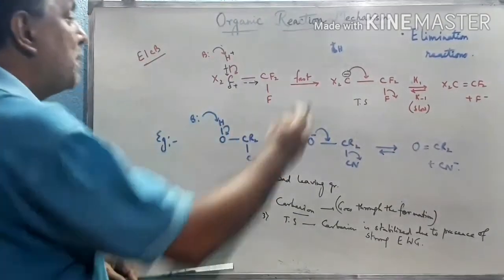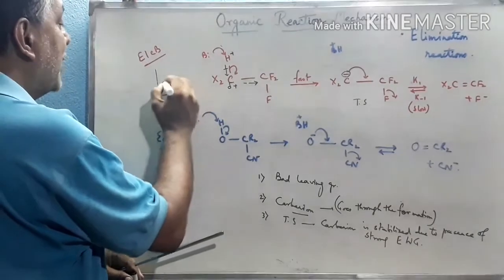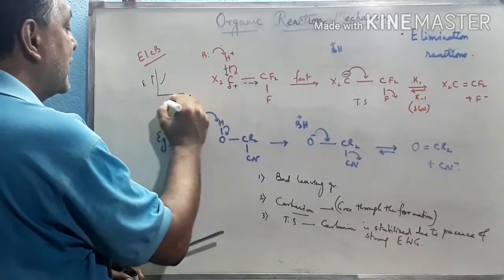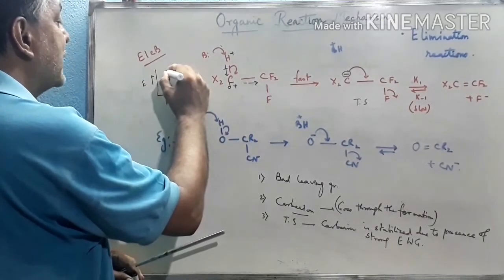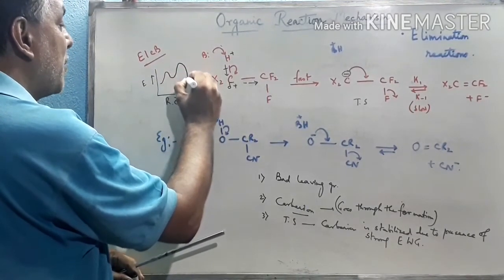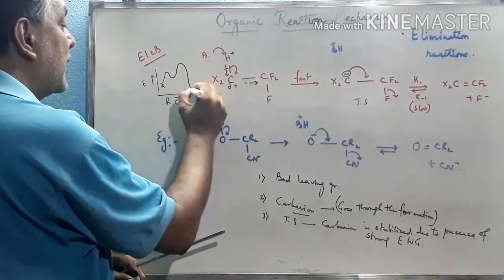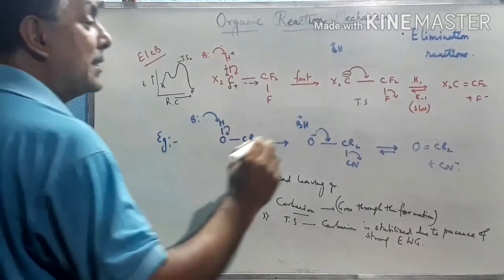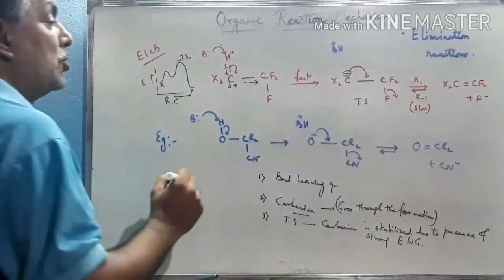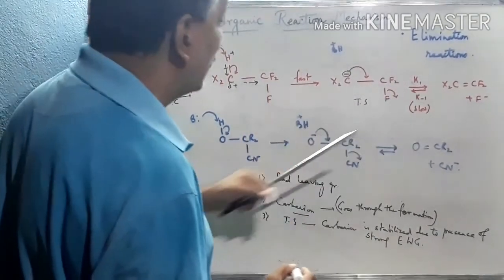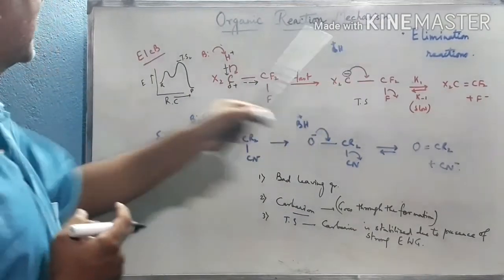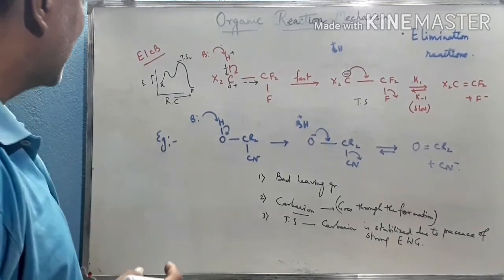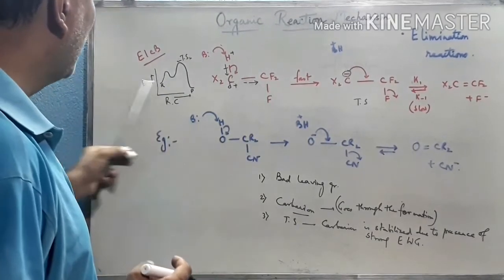So the graph of this part, the kinetics of this part, is like this. Here this is the energy profile diagram actually. If we draw, this is the reaction coordinate, like this. This is the first hump and this is the second hump. The second hump is larger than the first hump, because the second step is the rate determining step. So this is the intermediate, this is transition state 2. Transition state 2 has greater activation energy than that of the first. So this type of reaction is called the E1CB.